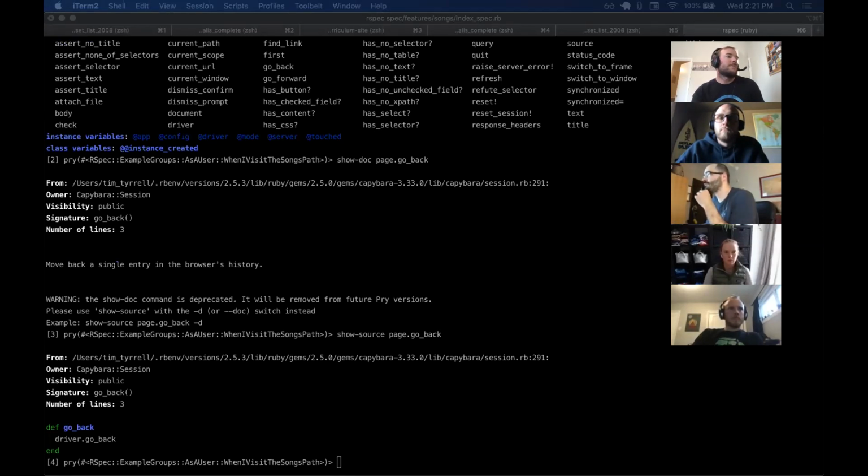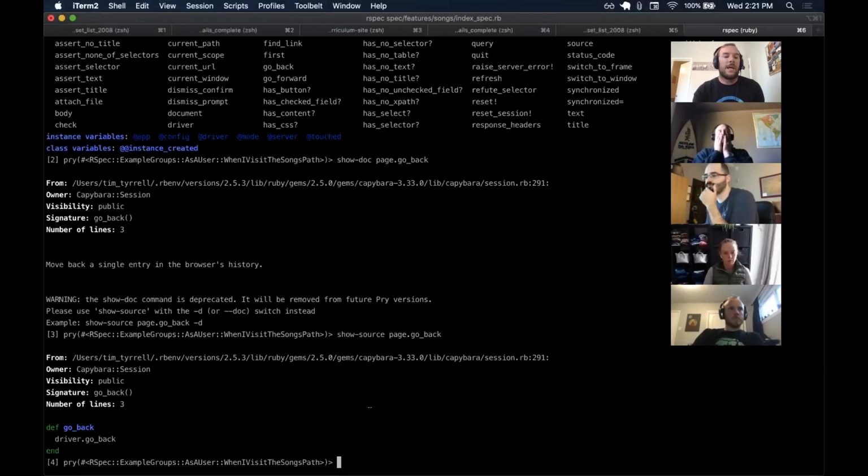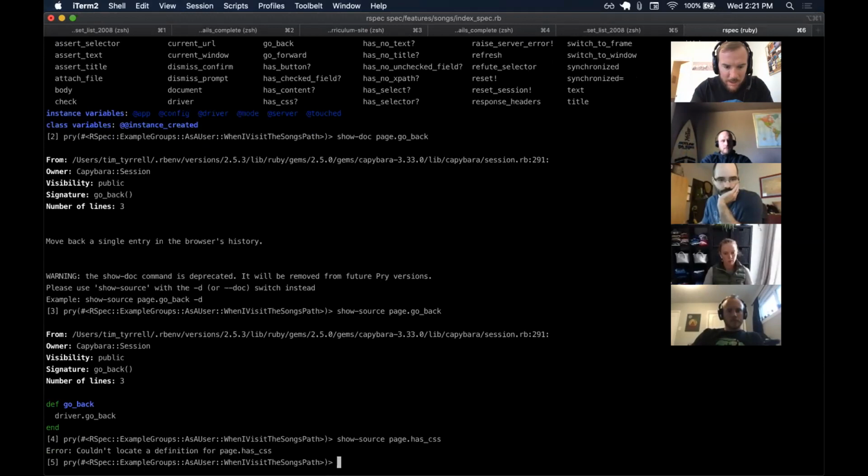Okay, well, I'm not gonna spend a ton of time on this, but you can look at these methods, and the two things are show source and show doc, and they kind of show different things. So maybe this is just a bad example, but we could try has CSS and see if that's better. Yeah, so some of them don't have a definition, but if I wanted to do